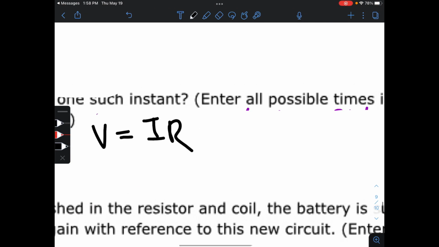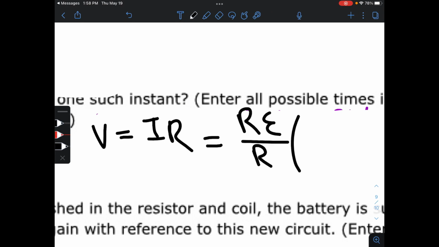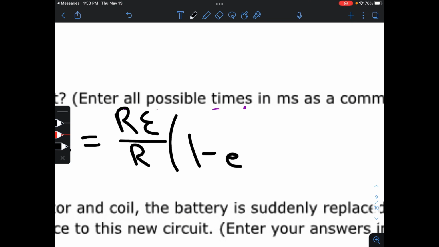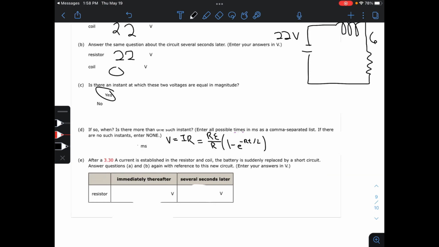V equals IR. Now, this is a derived equation. I don't remember the name of it, if there even is a name for it. But there's an equation we used in class before. And you have to remember to use charging or discharging. Here we're using charging, because we have a 1 in the front. And if we were to have no 1, then it would be discharging. Because at time t equals 0, e to the zero power would equal 1, so it's 0. Did I get everything in there? I did. Okay,